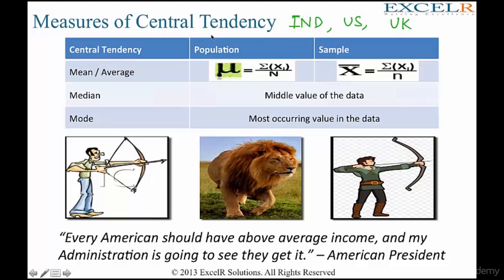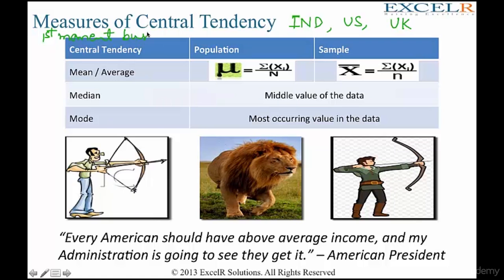The very first question which any management person would ask you is, on an average, what are our sales? On an average, what are our profits? On an average, how many employees do we have? On an average, how much discount do we provide? So this would be the very first question which any management person would ask. Hence, measures of central tendency is given a name, first moment